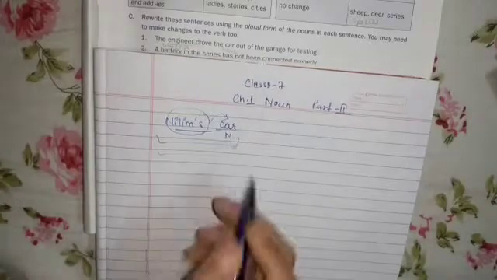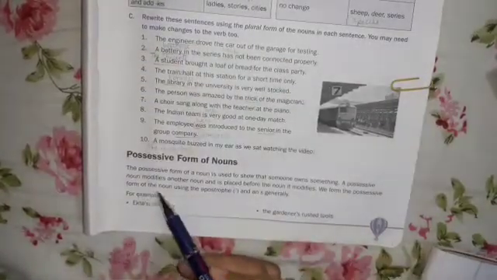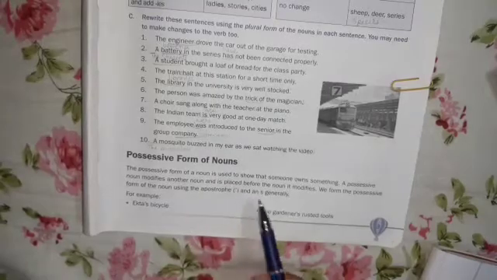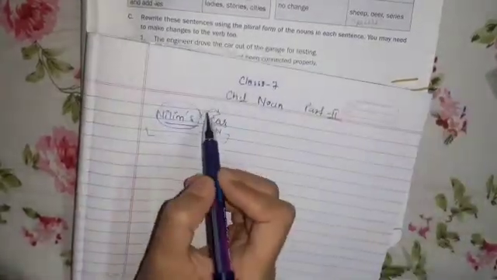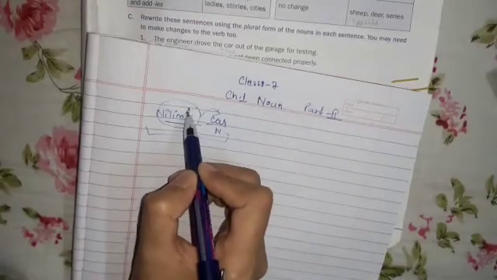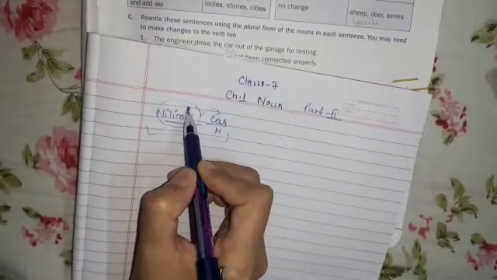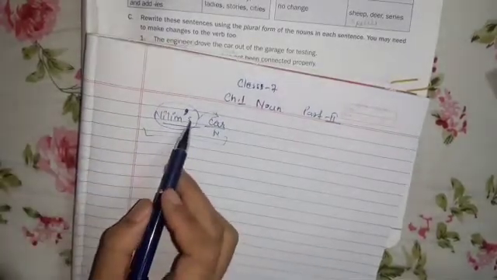So this is the possessive form of noun, which is placed before the main noun. Here Nilim's is the possessive noun. We form the possessive form of the noun using the apostrophe and s generally. So basically the possessive form of noun is made with this punctuation that we call apostrophe, then we use s.